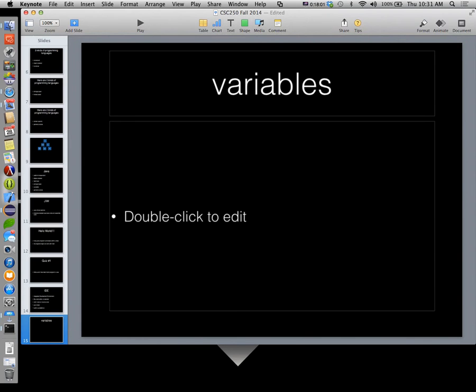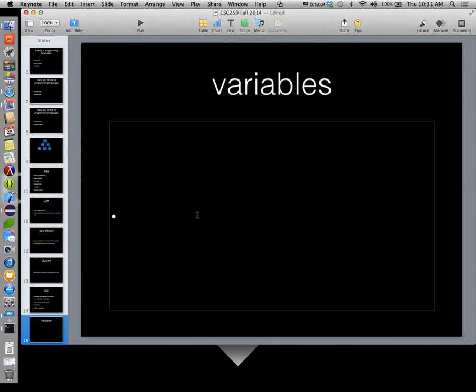Variables. So this is how programming languages emulate memory. Programming languages emulate memory through variables. Variables come in two flavors. We have primitive type variables, and we have object type variables. And we're not going to talk about objects quite yet. Probably next week sometime we'll talk about our first object. We're not going to write our own objects until, I don't know, midterm-ish, something like that. But in any case, these are the two broad classifications of variables.